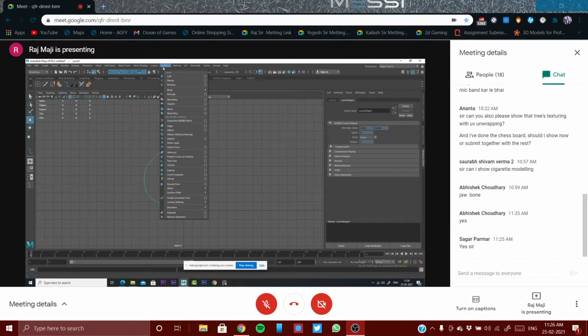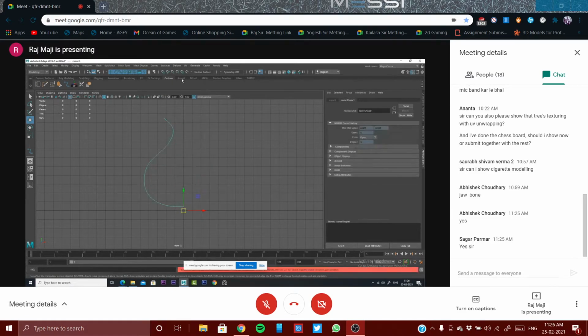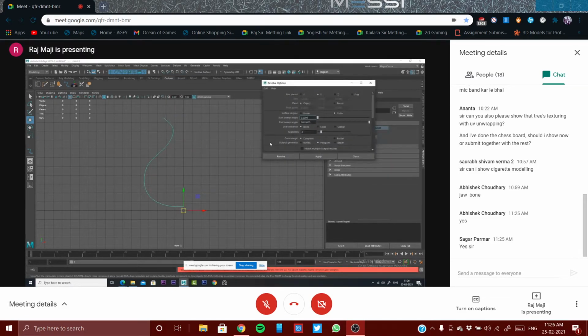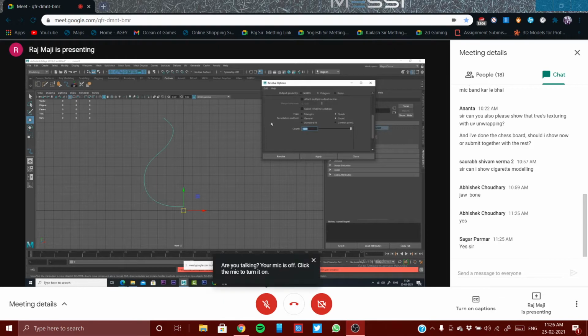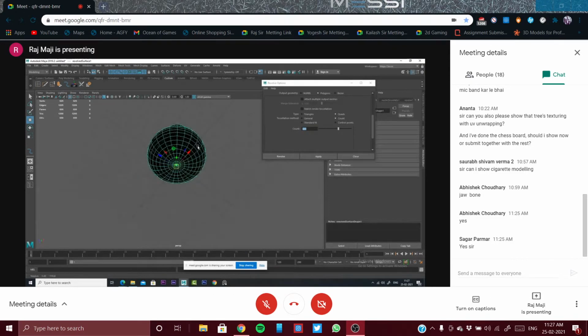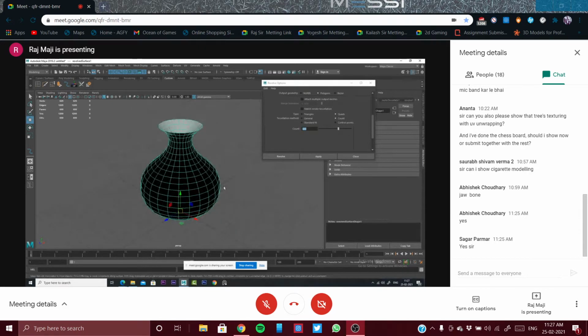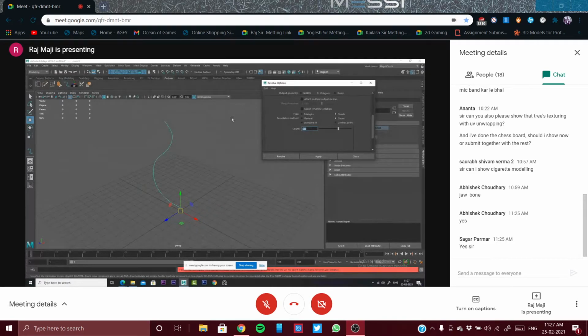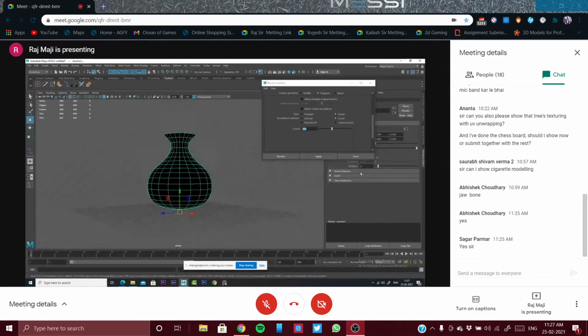Okay, I'm going to surface and revolve. Sorry, going to surface and revolve. And today, instead of knobs, I'll be using polygon. And in that, quads and count. Let's say 600 polygon. And it's a polygonal object, by the way, right? It can be a little less also. I think it can be 400 polygons. Yeah, this is correct. Fine.